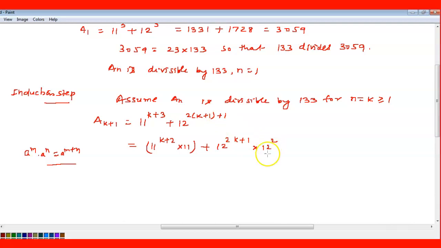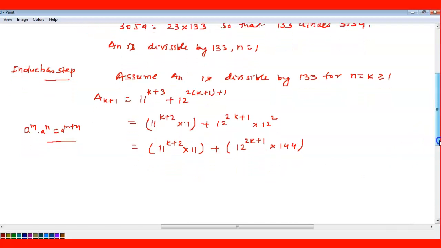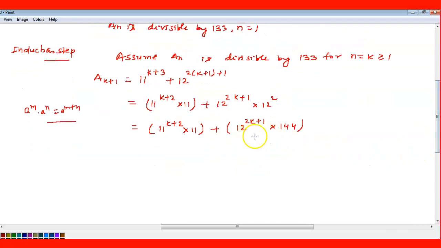Any doubt in this? If we add it, we will get the same value, 12 to the power 2k plus 3, right? Any doubt till here? So I can write here 11 to the power of k plus 2, into 11, and this one 12 to the power of 2k plus 1 times 144, since 12 square is 144. So now 144 and this 11,